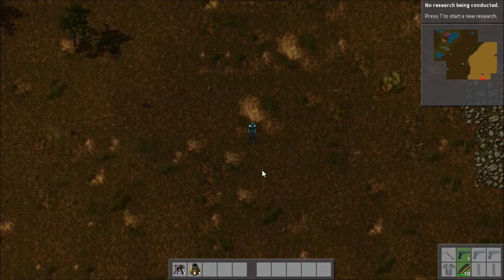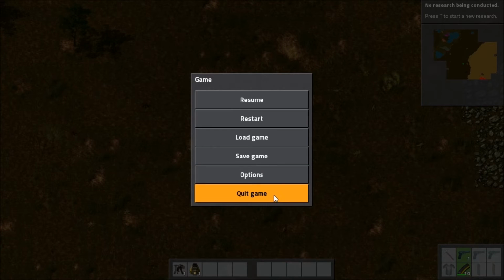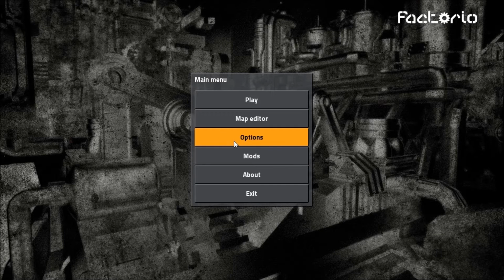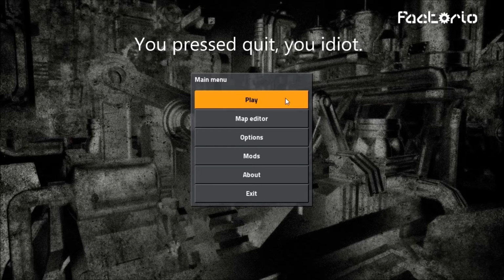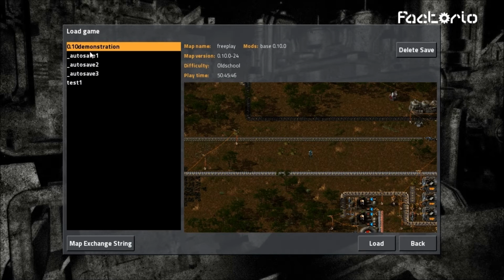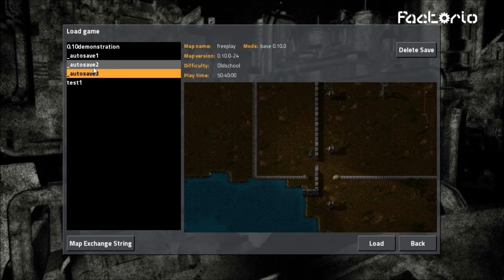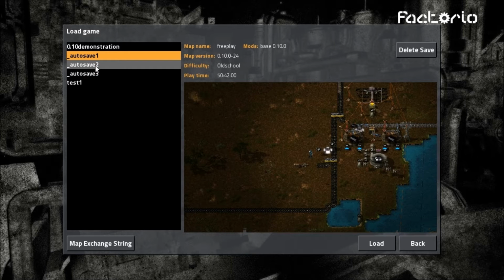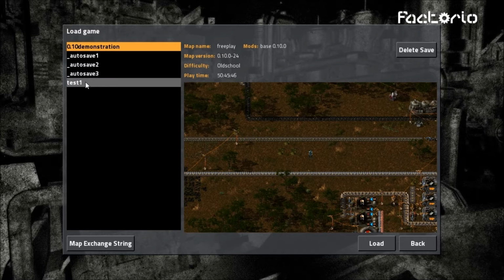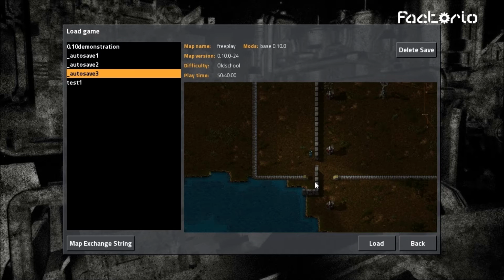Right, so what we will do now is we will leave. We'll quit this game. I suppose we'll save. Oh, it did that. Okay, that was a bit weird. I pressed save and it just went out. But anyway, now we go to play and we go to replay game. So let's see, what do we have here? It's one of the auto saves, I suppose. It's not. Well, that's an interesting... Did I say okay, quit without...